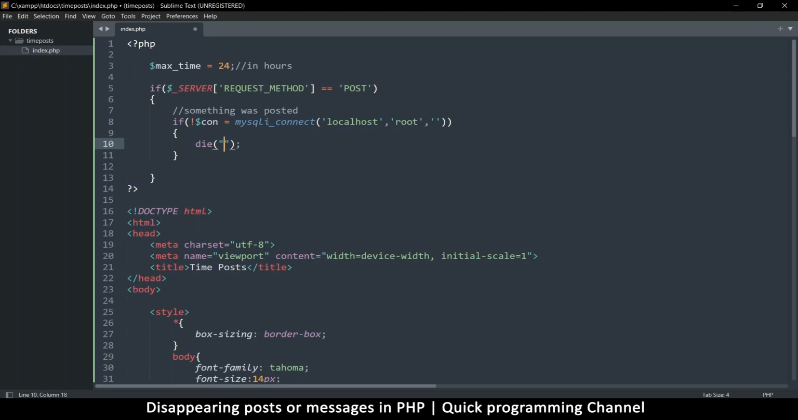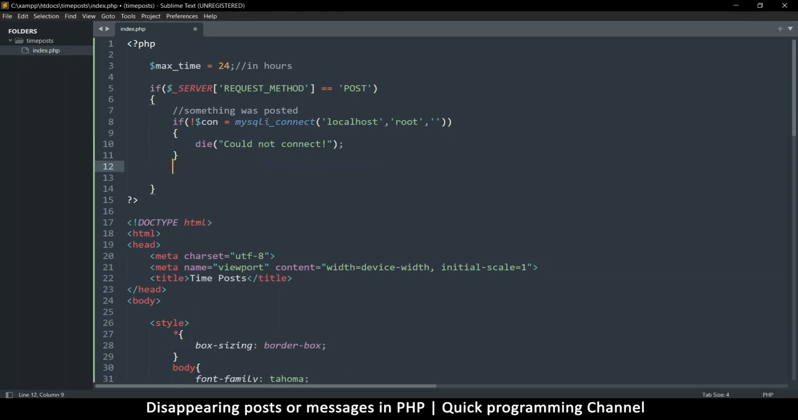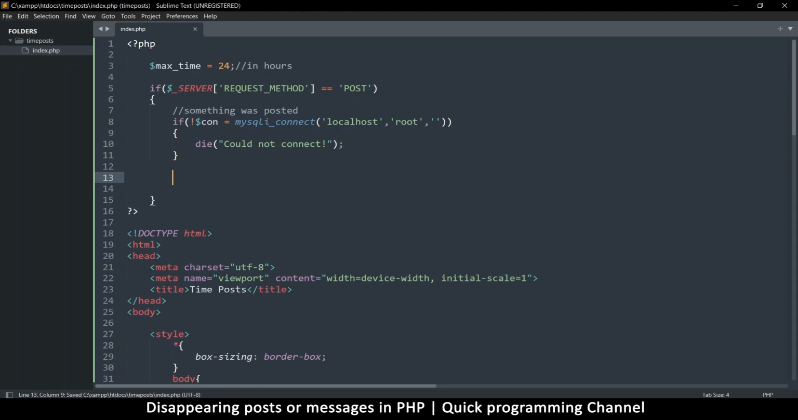Otherwise, we go ahead, could not connect. Okay, so if we pass through this point, it means we have connected. So now let's actually save the post. So we expect there will be the post